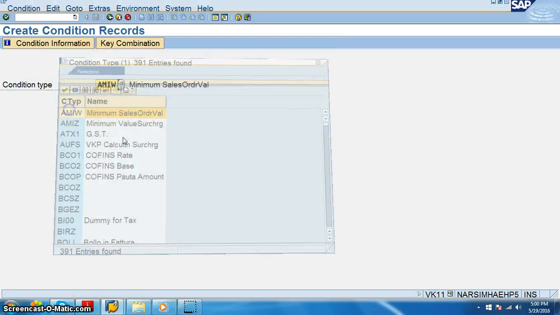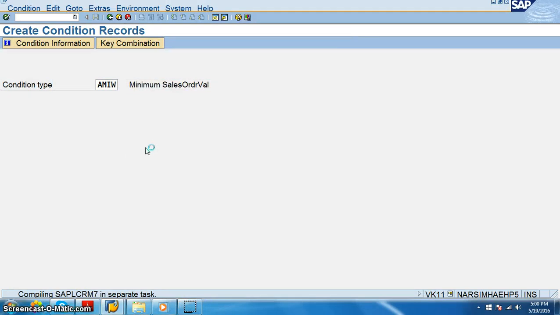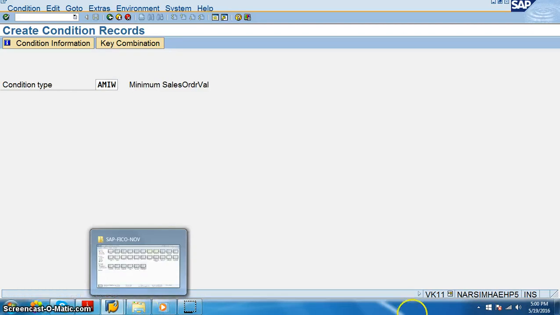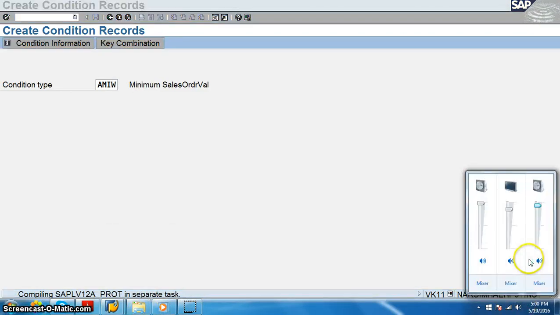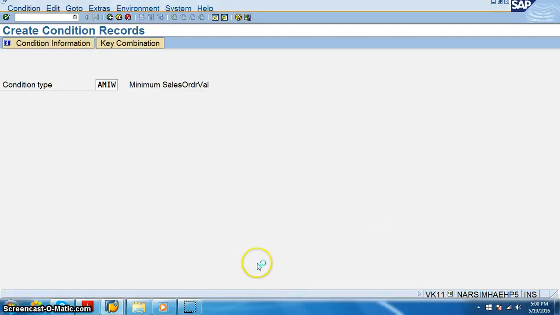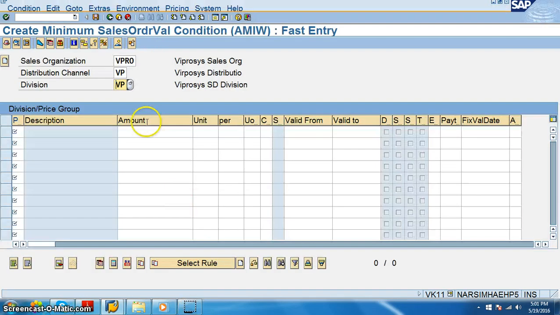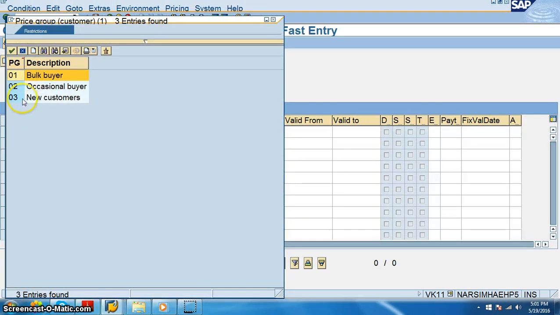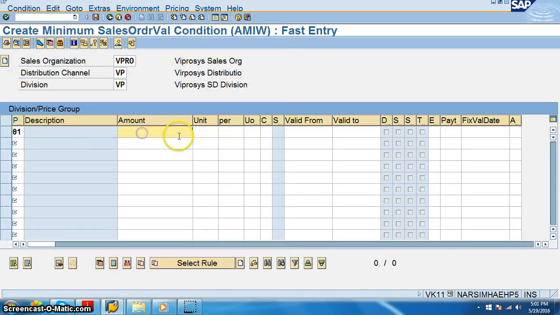So I am considering AMIW, minimum sales order. I'm having these sales organization details. This is for bulk buyers or new customers. I'm going for bulk buyers. The amount is something like 10,000. Units is 100, 20, 10.